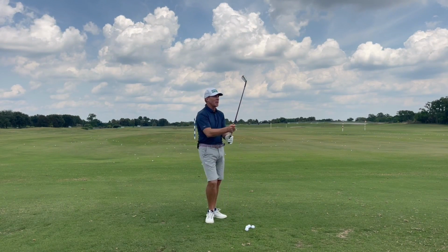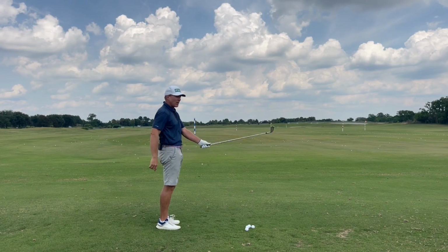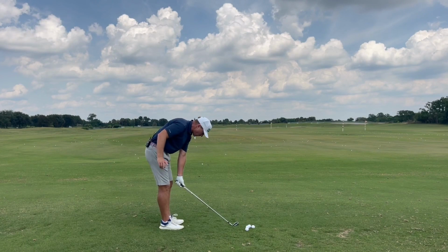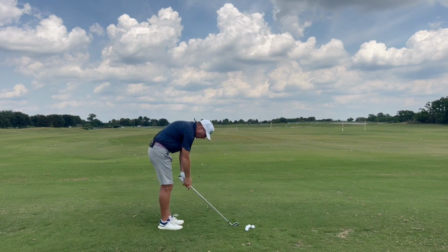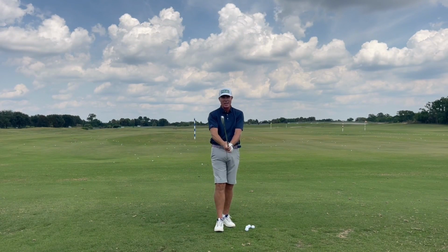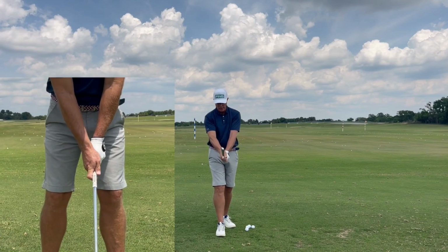more on top. And so here's a little exercise I want you to try to make that happen. Grab the club in your lead hand and you're going to get set up and just push that handle down as low as you can. Bring your trail hand over, put it on there. One of the things that I notice once I get my trail hand on in that higher ball flight position,